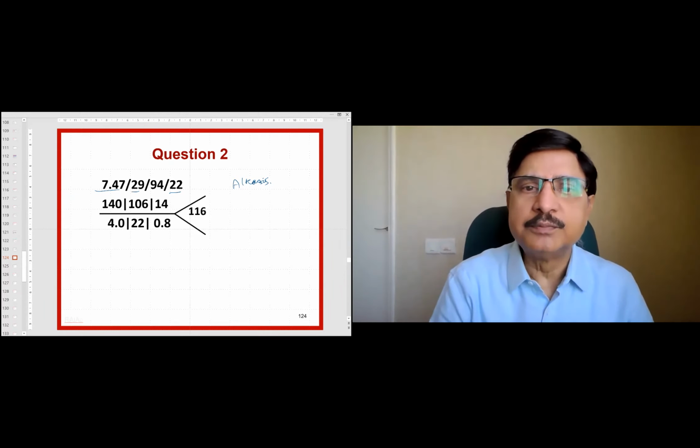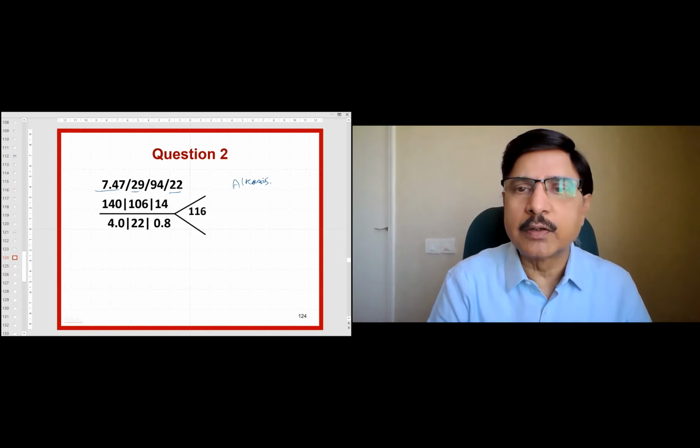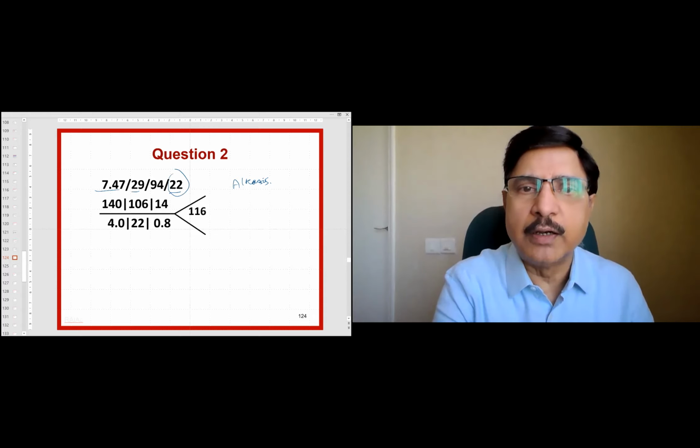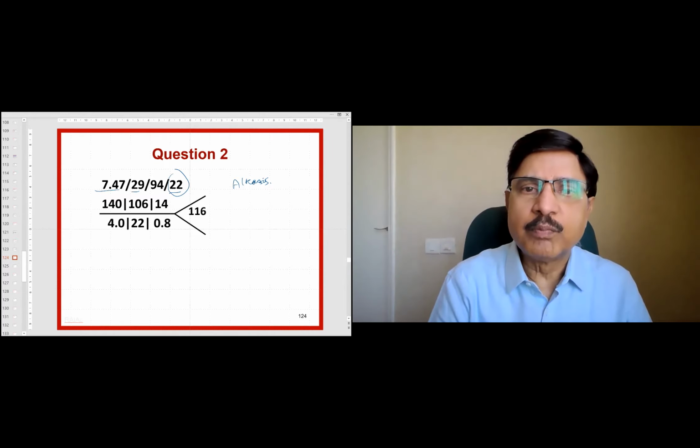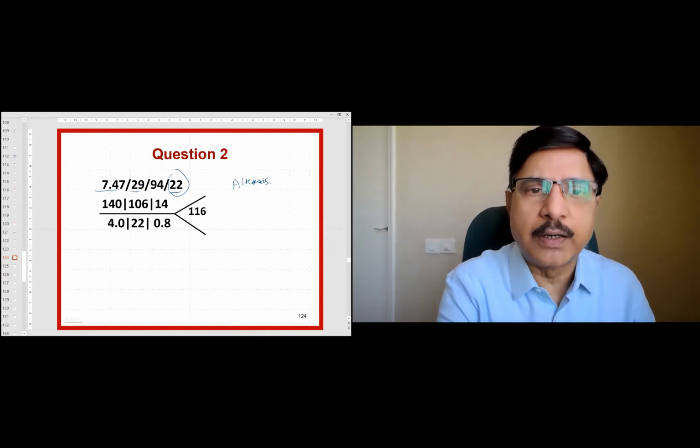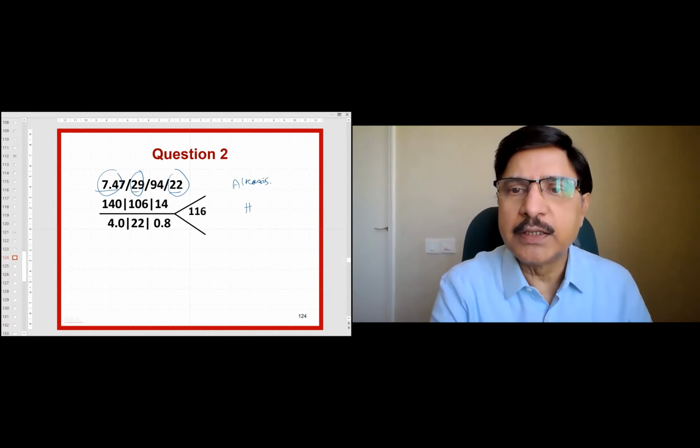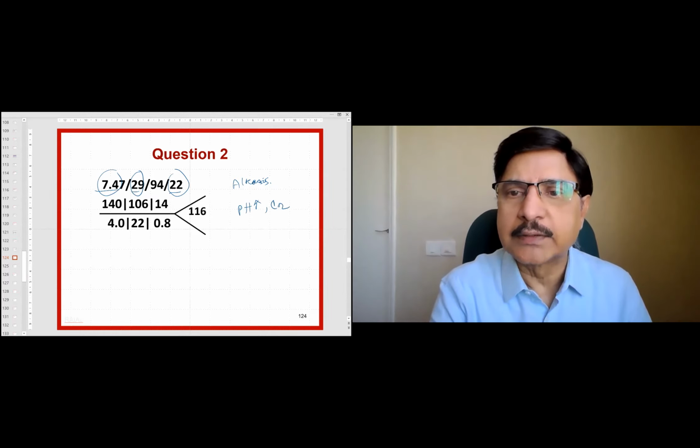Those are important. So if it is metabolic alkalosis, what will happen? Metabolic, it should be on the same side. But is bicarbonate on the same side? Yes, sir. It's on the lower side, isn't it? pH is on the higher side and bicarbonate is on the lower side. So it's not metabolic. How about respiratory? This is up and this is going to be down. Yes, sir. pH is up because of alkalosis, and carbon dioxide, PCO2, is down. So this fits with respiratory alkalosis. Okay, then you write the diagnosis: respiratory alkalosis.